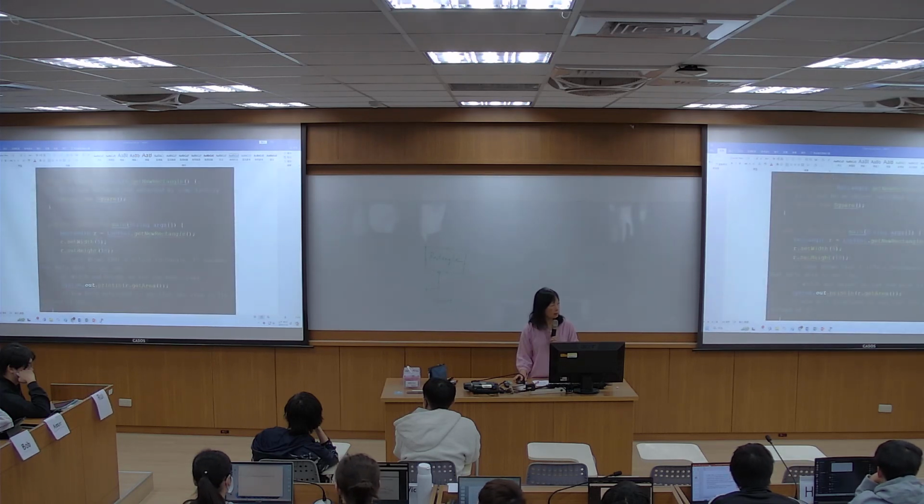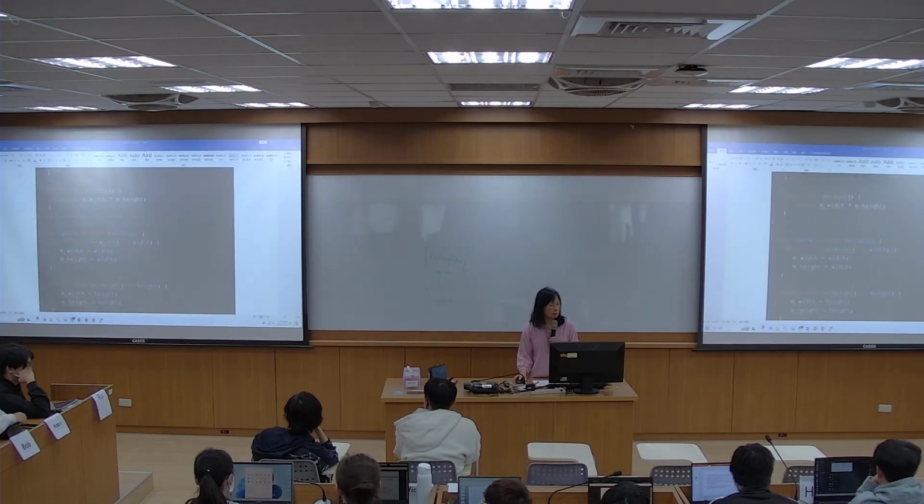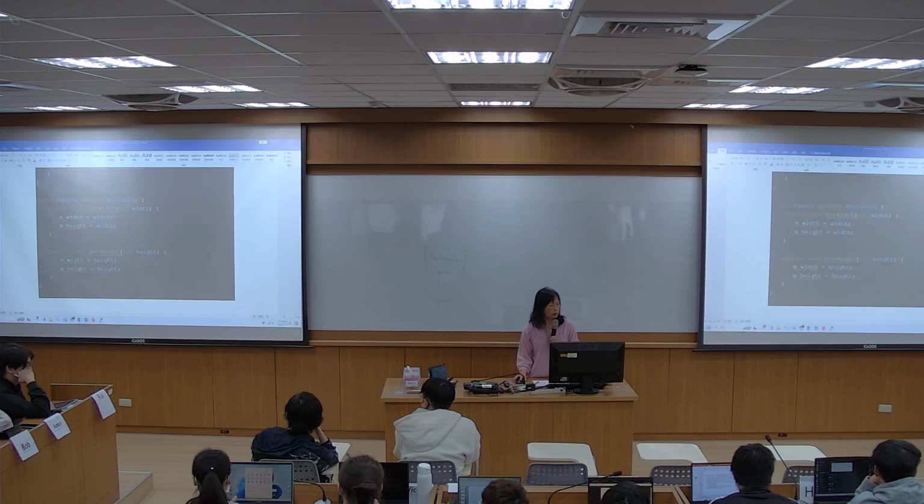Is that 5 and 10, right? Yes, 5 and 10, and the set height will be useless. So you only set the width. You have the width and the height, but the calculation only uses the width. In this case, you can keep this code and get the area is 25. So we only set width? Yes, set width.